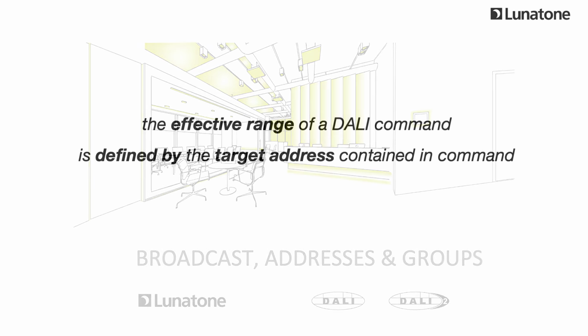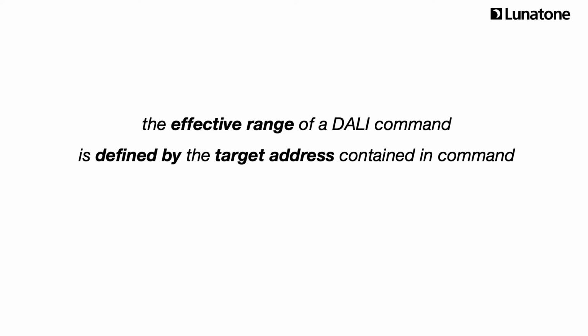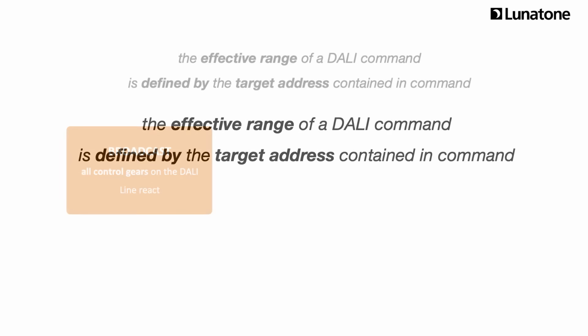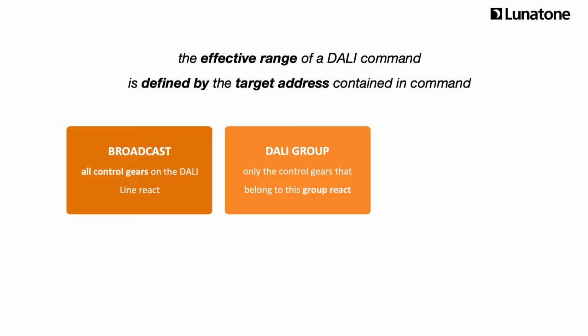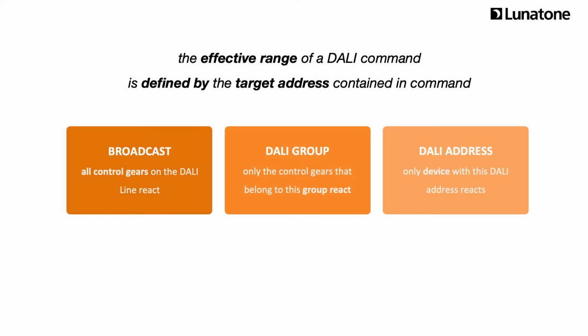The effective range of a DALI command is defined by the target address contained in the command. Let's have a look at the possibilities. Commands can be broadcast to the entire DALI bus and all the connected control gears will respond. When commands are sent to a DALI group, only the control gears that belong to this group will react. If a command is directed to a specific DALI address, only the control gear with this specific DALI address will